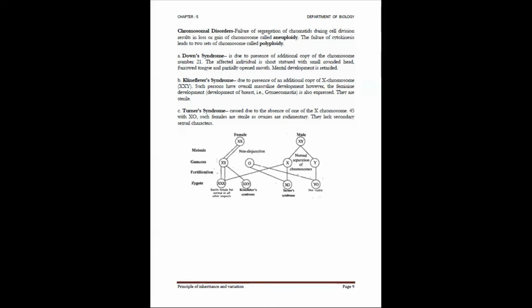And then Turner syndrome, here again, this is on the sex chromosome. So what you can do is 44 plus XO. Here again, the total number is 45 for Turner syndrome. Total number for Klinefelter syndrome is 47. Down syndrome total number is again 47 chromosomes. So this is the complement of it.